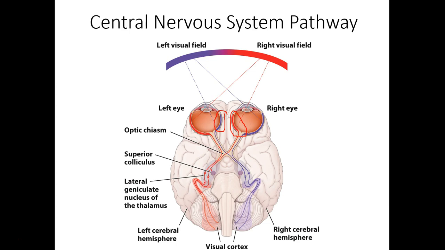So what you might notice here partially is that the visual system is both inverted and right and left reversed. So as I showed you, information from the left visual field ends up on the right hemisphere in the occipital lobe, and information from the right visual field ends up on the left occipital lobe. So that's not information from the eyes that ends up on opposite sides, but rather what's outside in the visual field, what the eyes see that ends up on the opposite sides of